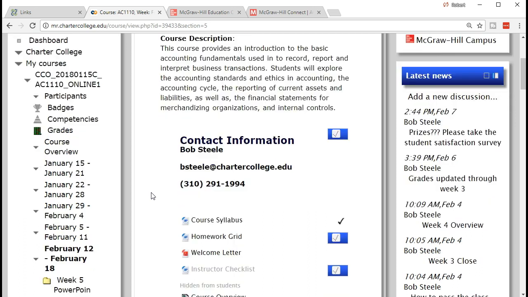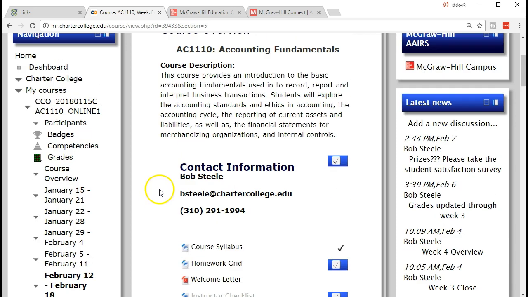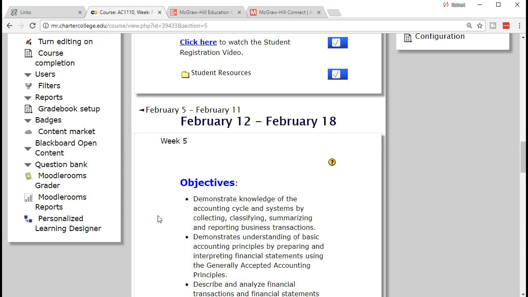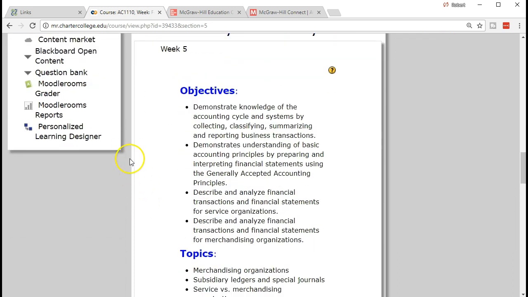So we're going to scroll down to the current week. My contact information is up here, by the way. We've got name, email address, and the phone number. The best way to contact me is often by email, given a couple of times that we can then meet by phone and/or screen share software. Scrolling down to week 5, the last week, the current week,